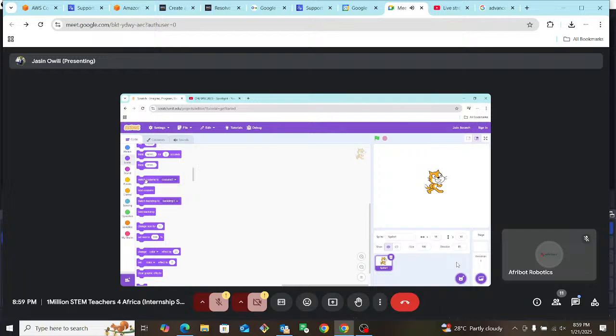So if you want to switch costumes, you can see I've just switched costume to costume 2. You can switch it back to costume 1 that way. And you can always call the next costume. You can see that is changing the next costume. You can switch backdrops. I don't have backdrops here. If I wanted to switch backdrop, then I need to add the backdrops first somewhere here. So backdrop.